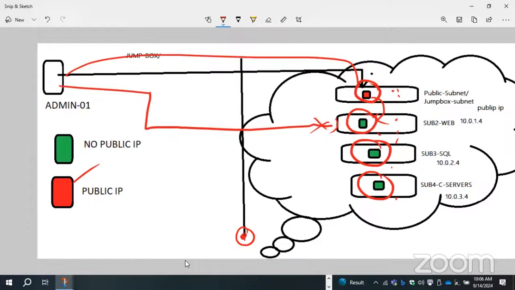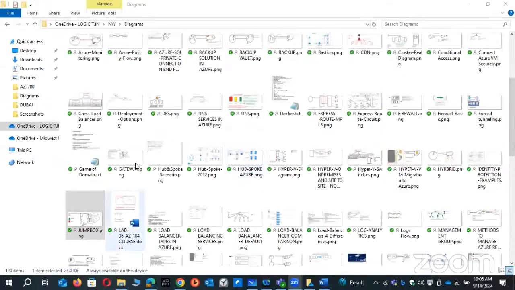Make sense? Yeah. Yes, everyone. Fine. Yes, sir. Next, what is the second solution? Second solution is